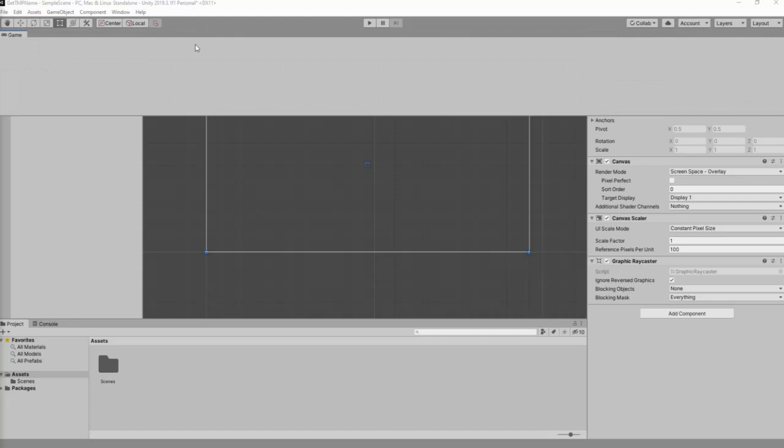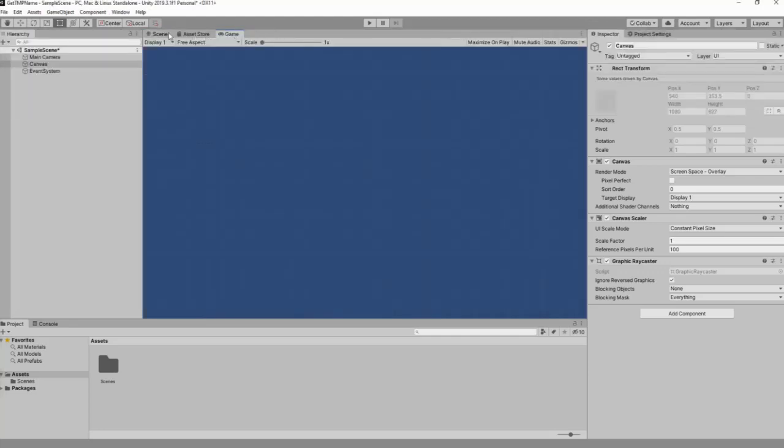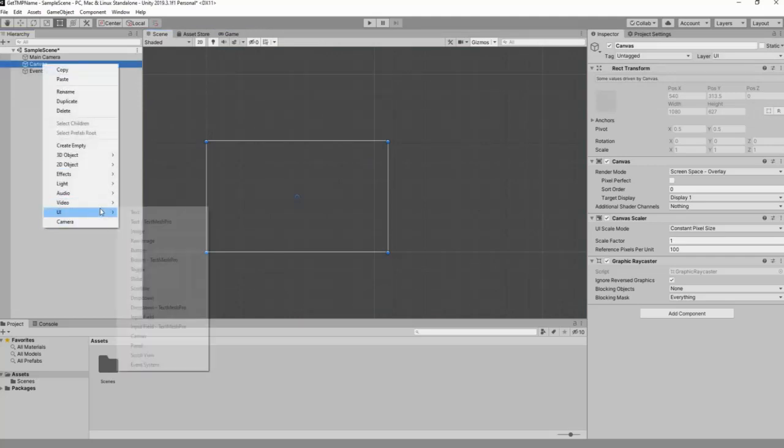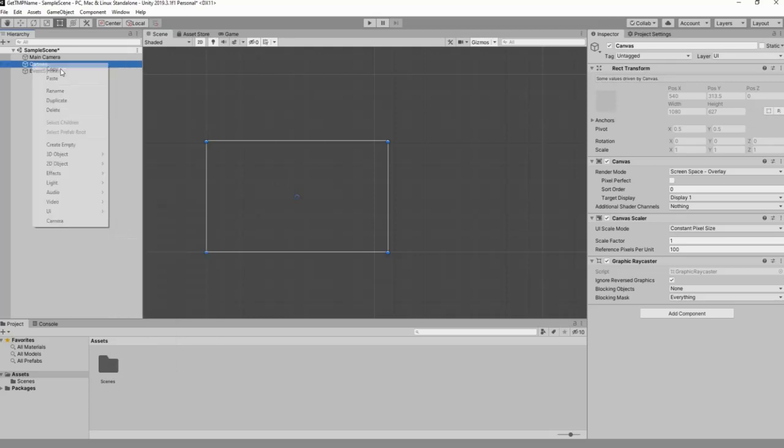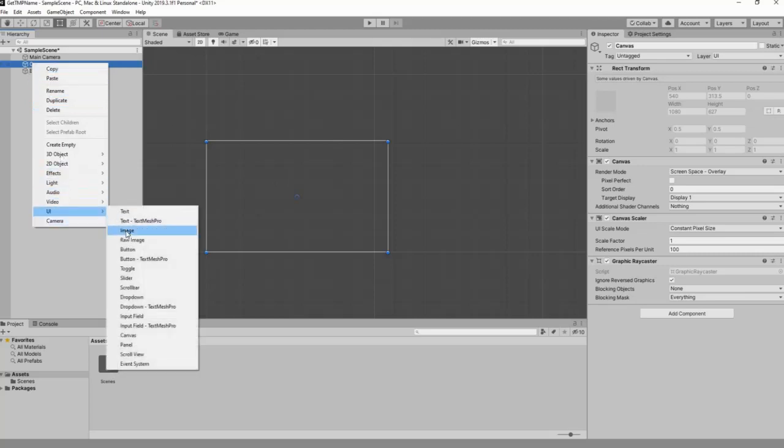So let me just bring my game view over here. Cool. The next thing you want to do is let's create a background. The way I'm going to do it here is I'm going to create an image and then change the color of that image. So once again, I right click on canvas because I want it to be a child object of the canvas. So I go down to UI, click image,